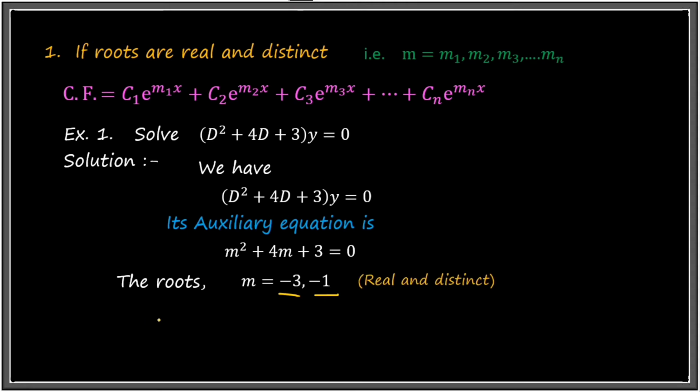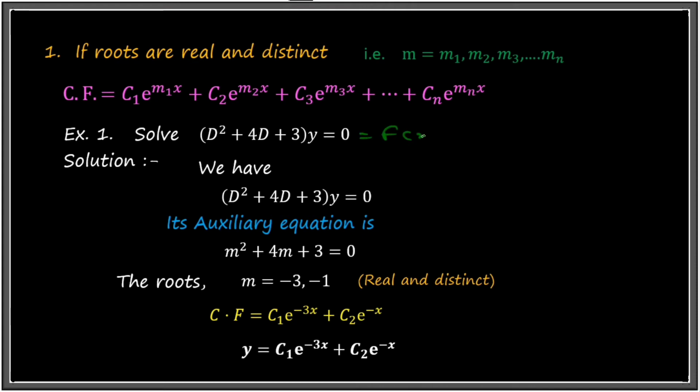Therefore, real and distinct. Therefore the CF equals C1 e raised to the first root, that is minus 3, and C2 e raised to the second root, minus 1. So that is the CF: C1 e raised to power minus 3x plus C2 e raised to power minus x. Therefore y equals C1 e raised to power minus 3x plus C2 e raised to power minus x, because here